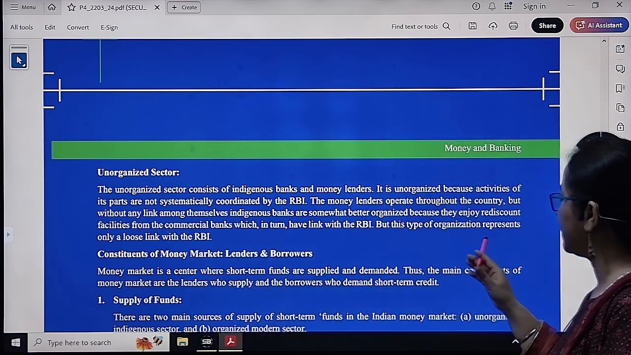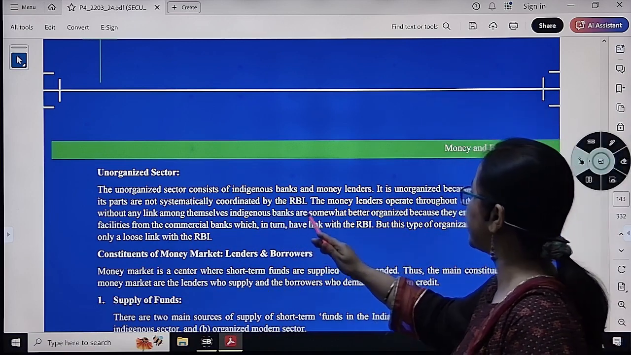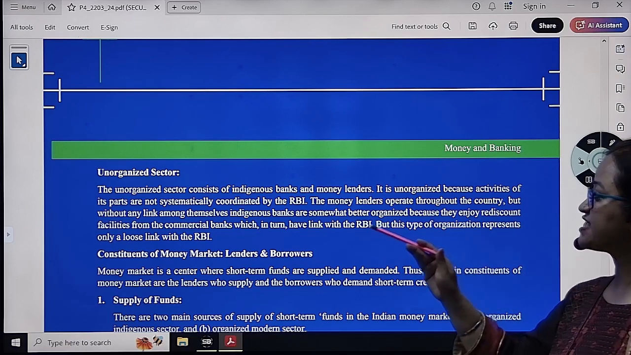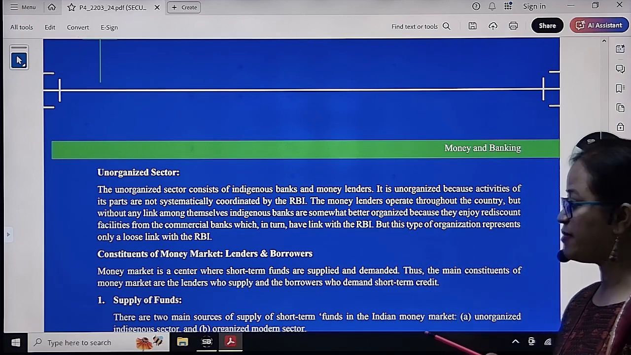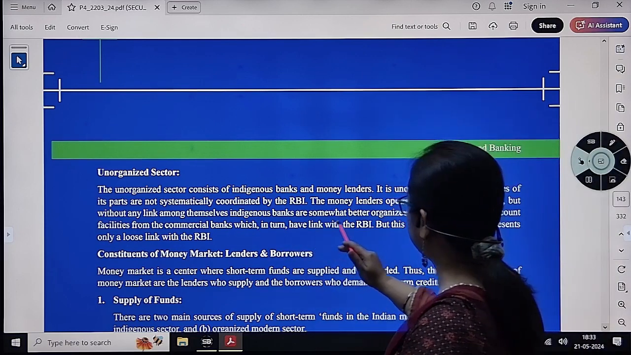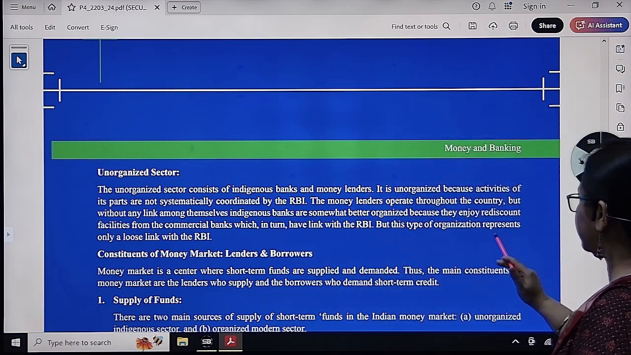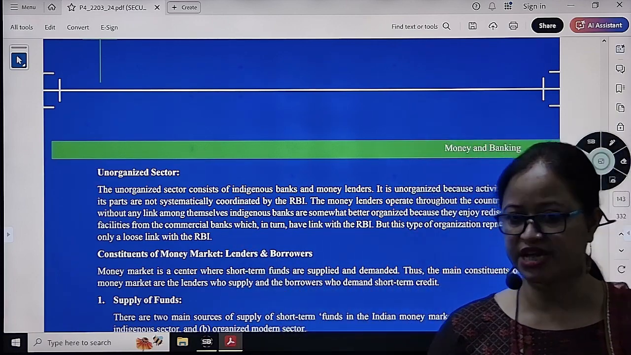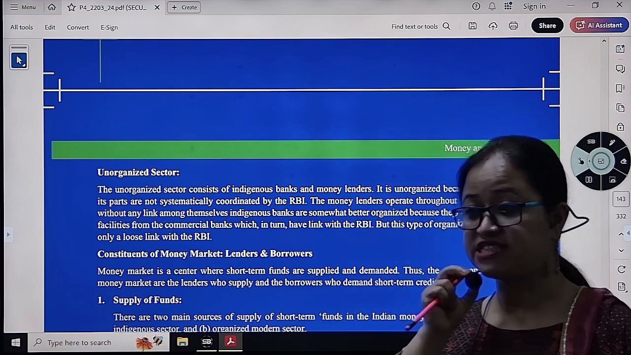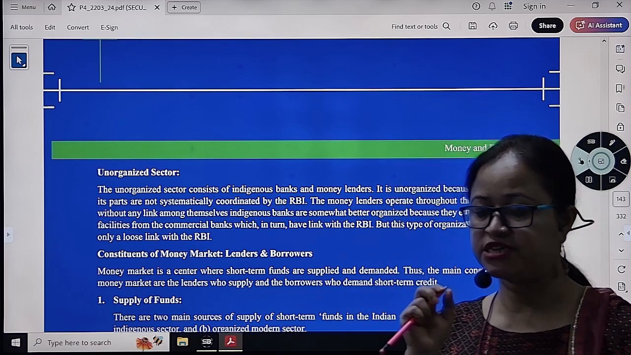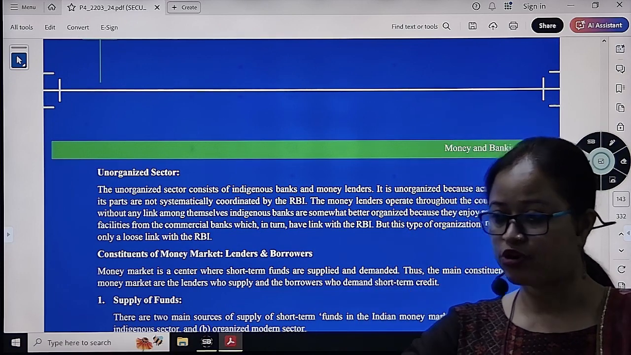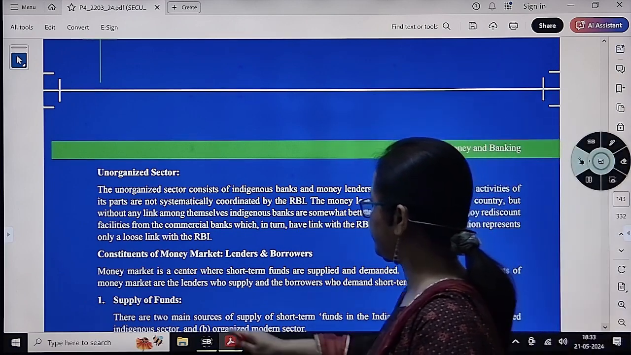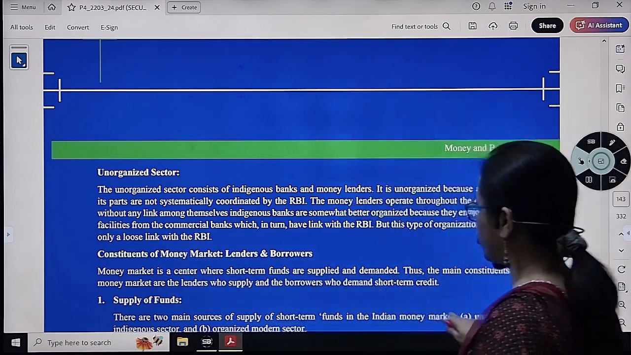Okay, so here it says that the indigenous banks are somewhat better organized because why? Because they enjoy rediscount facilities from the commercial banks, which in turn have link with RBI, but this type of organization represents only a loose link with RBI. That means loosely controlled by RBI. So indigenous bankers and all these are loosely controlled by RBI. RBI does not directly control the unorganized sector of money market. So constituents of money market, lenders and borrowers are